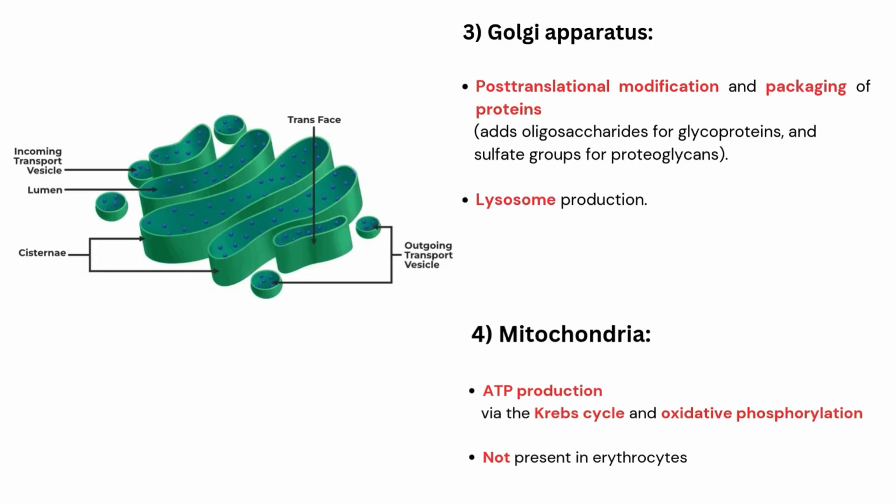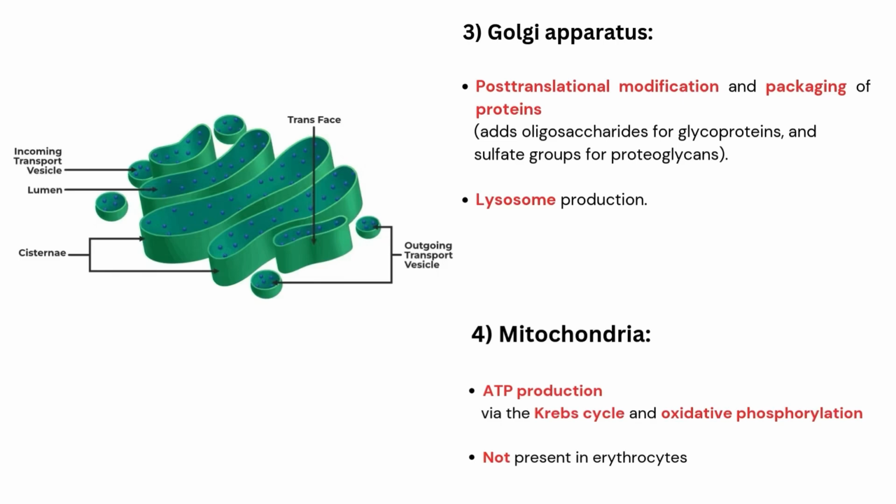So let's talk about Golgi apparatus. We can remember Golgi apparatus like a shipping department, like a post office. There are two ends of Golgi apparatus. First is cis face, another is trans face. In the cis face, there will be incoming proteins from the rough endoplasmic reticulum. So RER will synthesize proteins, and through the cis face, those proteins will be sent to Golgi apparatus for modification